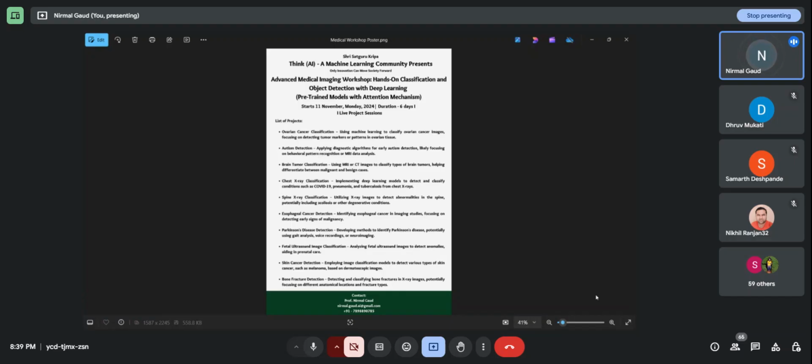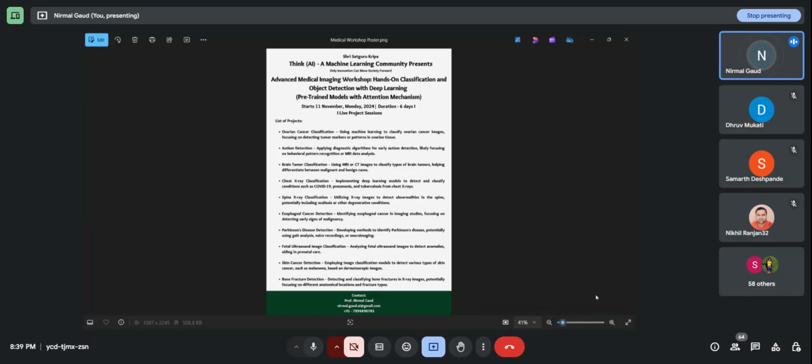In that aim: understanding medical imaging, analyzing medical images, developing solutions, applying transfer learning, and evaluating our models. These are our learning objectives.